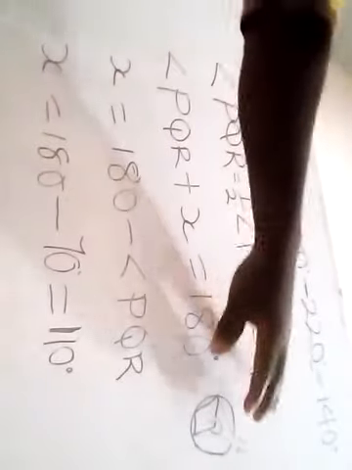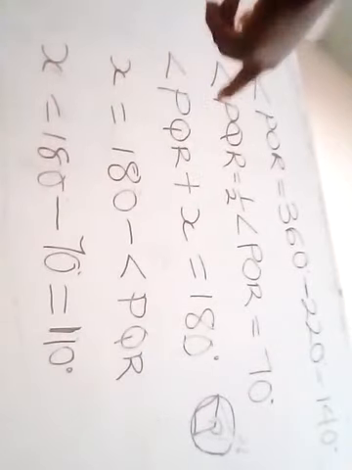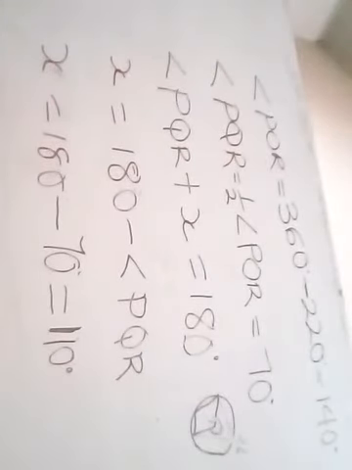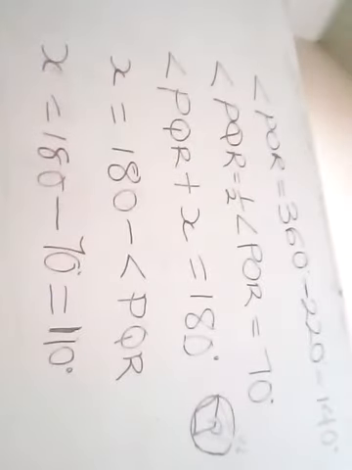So now we are looking for X. If you look at property 3, we say that opposite angles sum up to what? 180 degrees. So angle PQR plus angle PSR is equal to 180 degrees, and angle PSR is X. So X is equal to 180 degrees minus angle PQR, and angle PQR is 70. So X is equal to 180 minus 70, which is